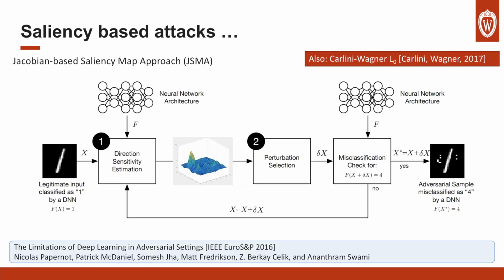So the attack that we first worked on, back in 2016, was sort of an example of this. And I won't get too much into the details, but there was an L0 attack by Carlini and Wagner, which did a kind of similar trick. But essentially what happens is you start with your sample, you do something called direction and sensitivity estimation, which is really just a way of figuring out what makes a 1 to the model, what makes a 4. And then you would simply look at all of the features and say, okay, this feature is most important to a 4, and you would simply flip it. And then you would check to see if the model now thought it was a 4. And then you would just keep doing that each time. And eventually, after you've flipped enough features,